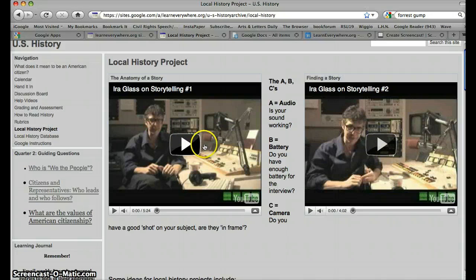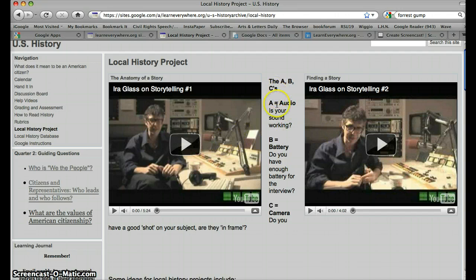This man here is named Ira Glass. He has a program on public radio that comes on every Sunday night in which basically they use audio storytelling techniques. And he's got some great advice in terms of how to conduct an interview. I highly recommend watching it, and he's going to tell you that in an interview you really want to do two things. You want people to tell you stories, and you want to give them a chance to reflect on those stories and tell you what those stories mean. It's really important, and he does a great job describing it. So I really encourage you to play both of these.